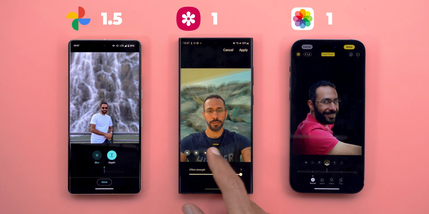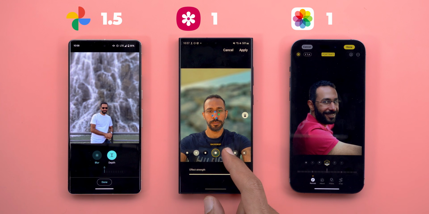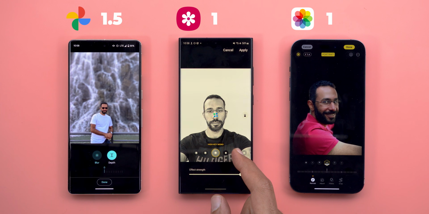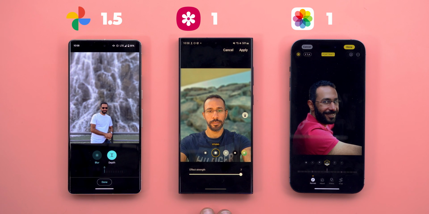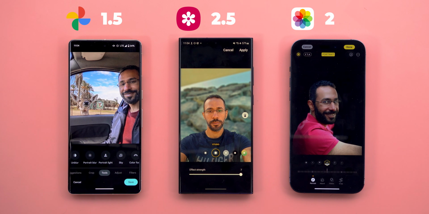So it depends on your personal taste which one of these you like more, but when it comes to the count, the edge goes to the Samsung for having more options, so it takes 1.5 point versus only 1 point for Apple Photos. There is also one more feature that you can only find in Samsung Gallery and Google Photos, which is